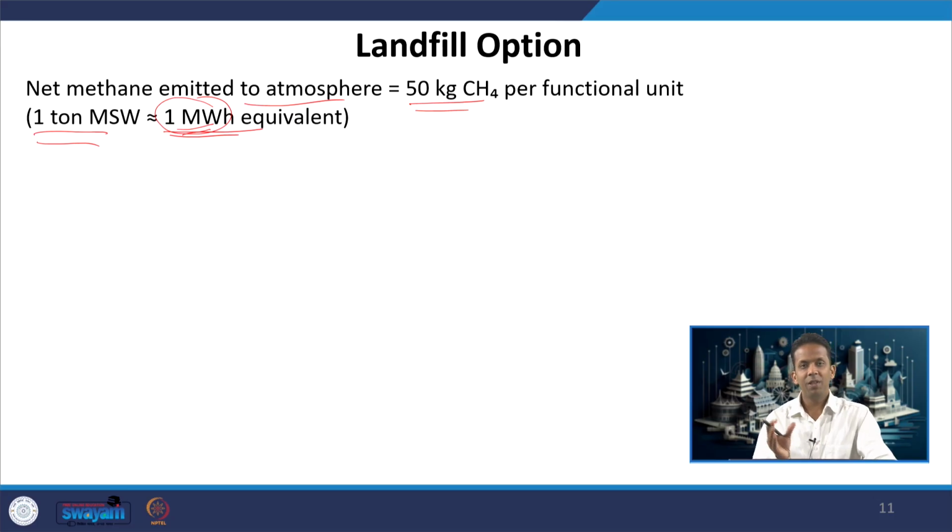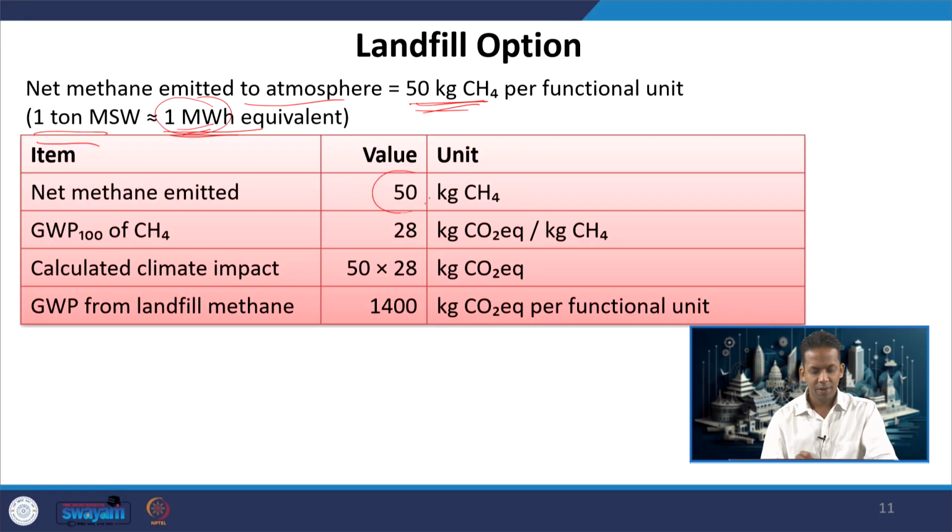So, again the basis is similar, we did not change. Okay. So, 50 kg methane is emitted per ton of MSW. If that is the net methane emission, the global warming potential for methane is 28 in terms of kg CO2. So, if you multiply 50 by 28, it comes out to be 1400 kg CO2 equivalent per functional unit. So, just global warming potential if we calculate for the landfill option, it is 1400 kg CO2,